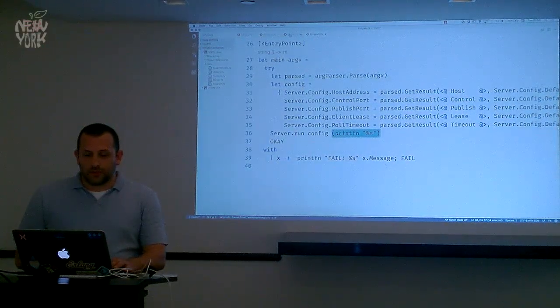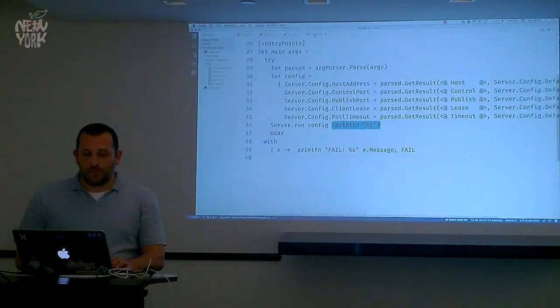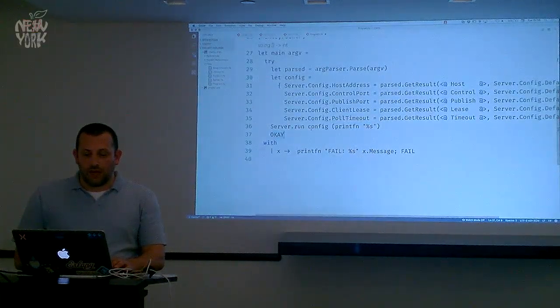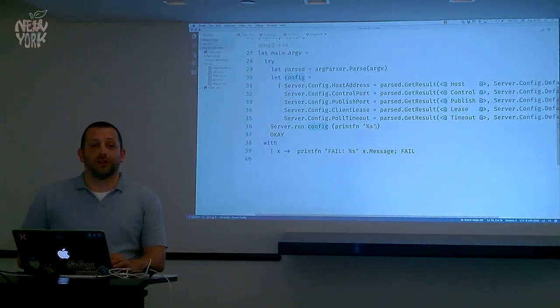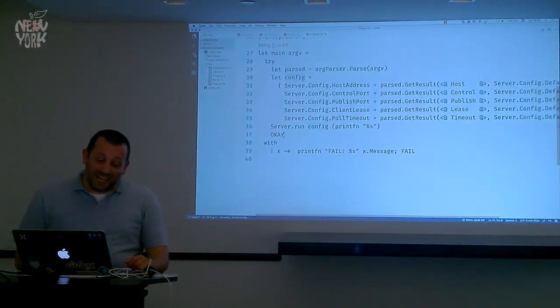Super. So the server itself does our actual work. Oh yeah, it never returns? It returns when you interrupt it by hitting Control-C. So you never get to OK until you're done. Yeah, you don't get to OK until you throw the actual system interrupt. So technically, you never actually get to OK. Gotcha.